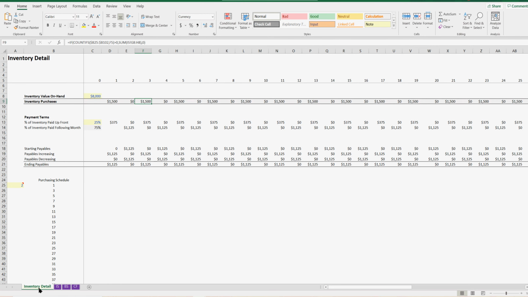So let's start with the inventory detail. This is where you'll have to do some work to figure out if you can't fit it directly into this structure, because at the end of the day, you just need to know what's the total amount of inventory purchased and then when is that paid for. If those two things are what you have to come up with, the logic here was you can enter